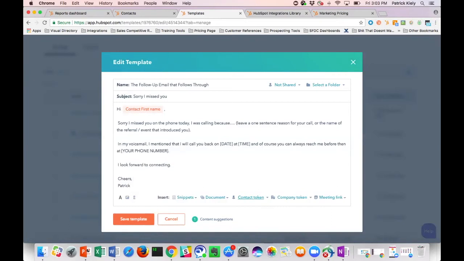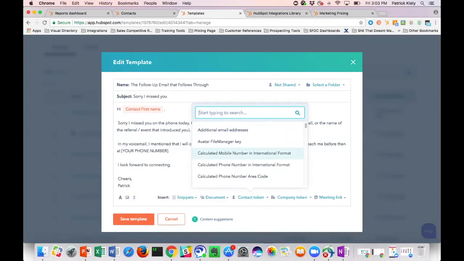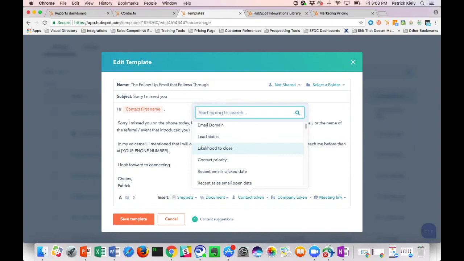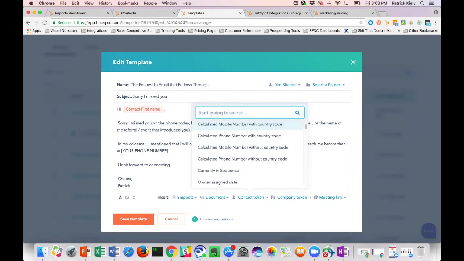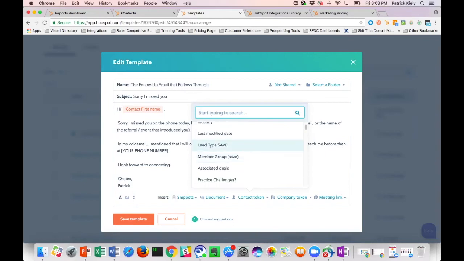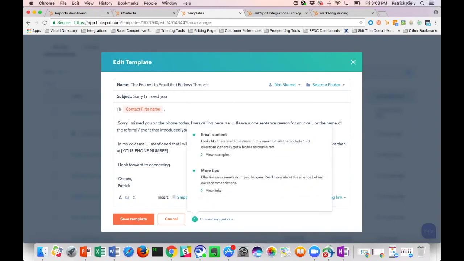And again, remember, these contact tokens are really any sort of criteria that you want to segment your contacts by. So we already have a bunch in HubSpot, but you can also create your own contact properties. And again, all that information is stored on their contact profile. So once you personalize it, the other really cool thing is HubSpot actually gives you recommendations on how to optimize